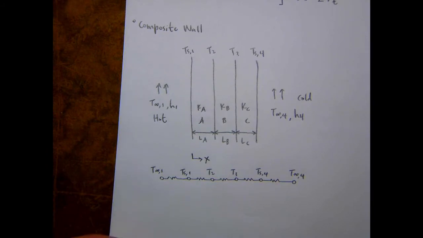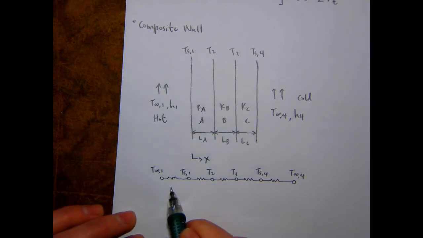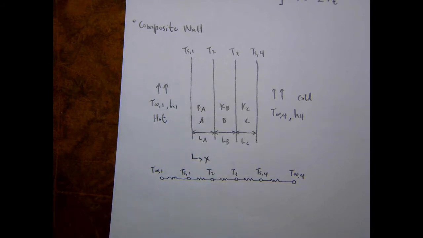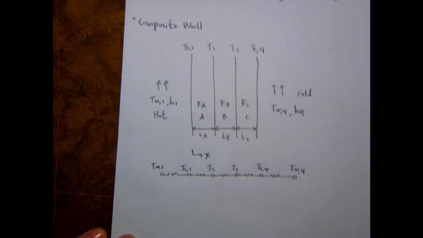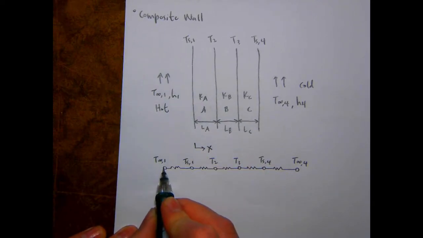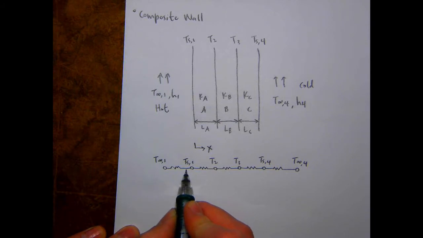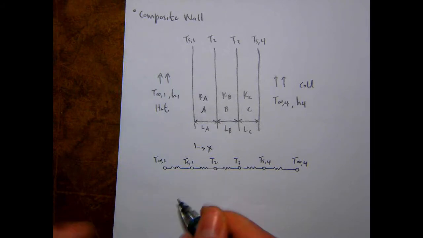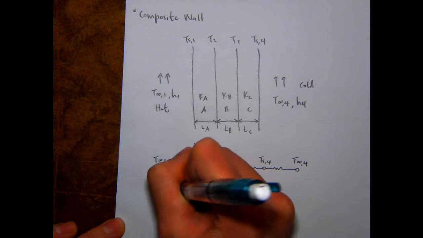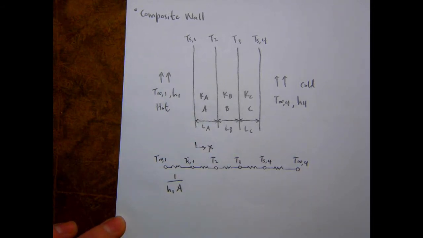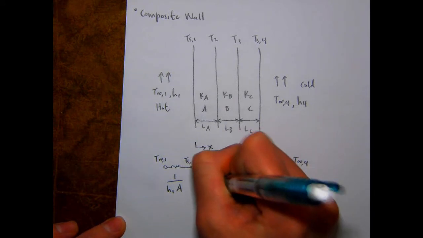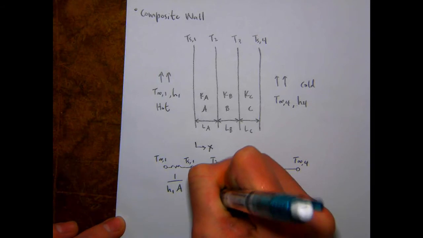And then you can write down the resistances of each of the resistors. So the resistance of the convection and then each component of the conduction. So here going from T infinity 1 to TS1, that's happening via convection. So the resistance for that is going to be convection resistance, 1 over H1 times A. So that was our definition of the thermal resistance for convection. And then for the first bit of conduction, it is LA over KAA,